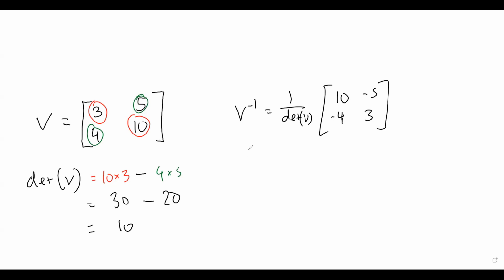Now let's go have a look at this. So the determinant of V was 10, so we're going to have 1 over 10, times the matrix 10, -5, -4, 3. Now you can just leave your answer here like that. That's fine. But if you want to solve for the rest of it, you can just multiply 1/10 into all of these. And the reason that I've chosen 1/10 is because that just makes life a little bit easier. Why? Because